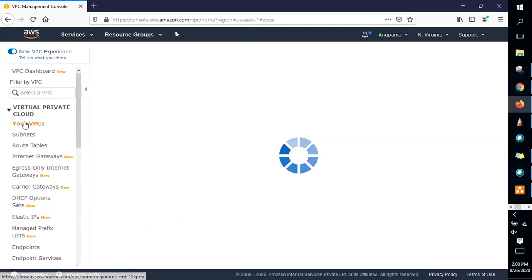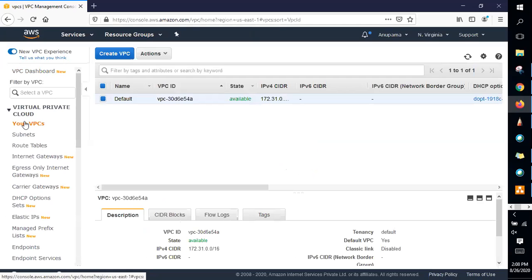Go to your VPCs. As soon as you create an AWS account, there would be a default VPC in each region.